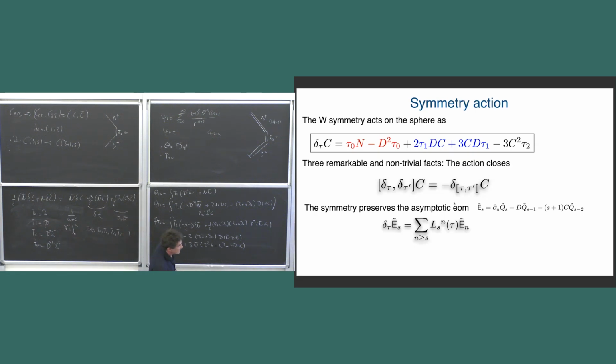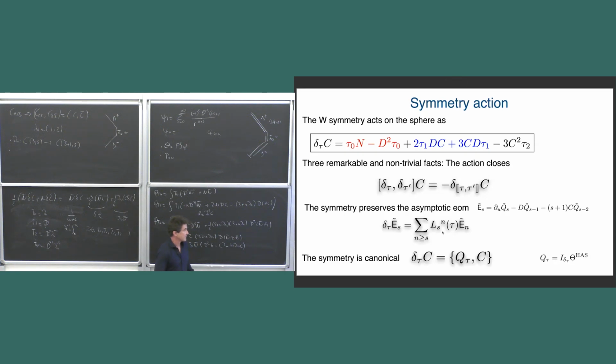This is absolutely non-trivial here, where these coefficients appear, but it's a symmetry of the equations of motion. Remember, I didn't derive it by saying this is my Lagrangian and if I add that, this property will be true. Rather, I'm revealing this non-local symmetry from the canonical analysis. So this is a symmetry that preserves the equations of motion.